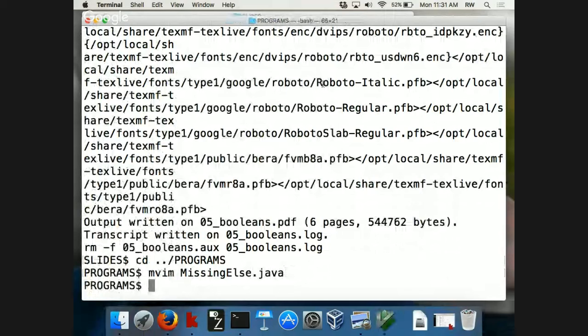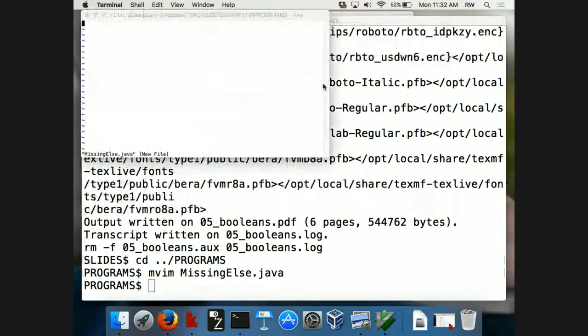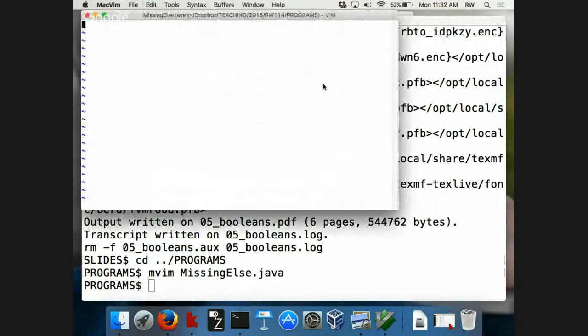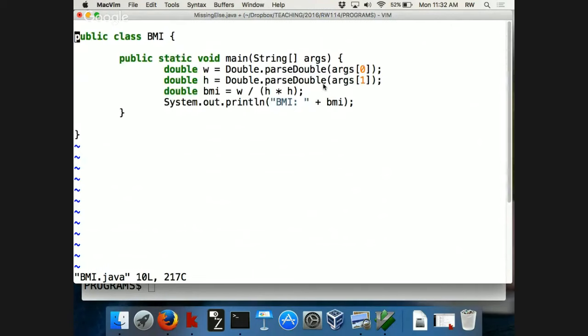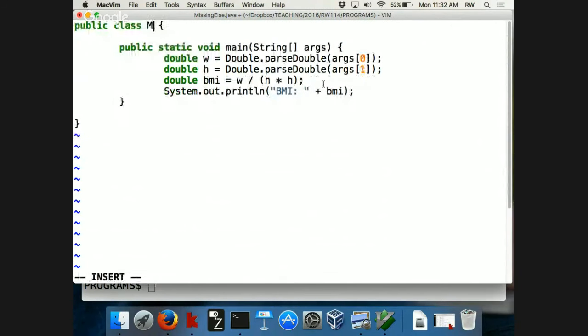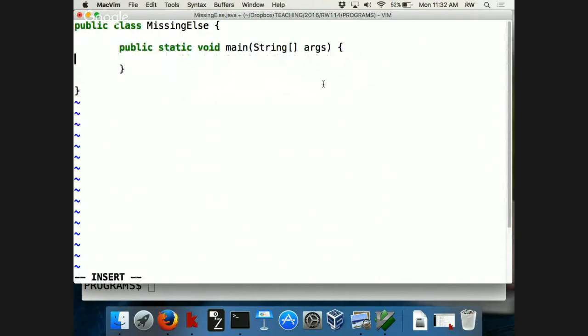Just get things going here. Give me a second. Oh, that's tiny. There we go. Oh, I don't seem to have any programs around. BMI. Okay, I'll take BMI. So I want to call my program missing else. Not really important, because all I want to show you is that I can write